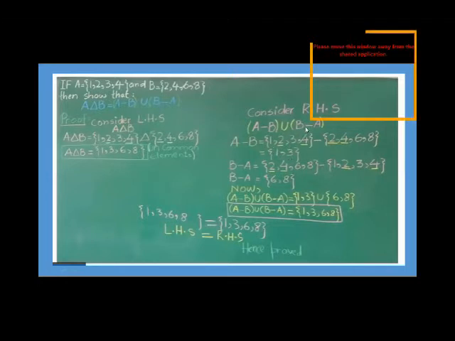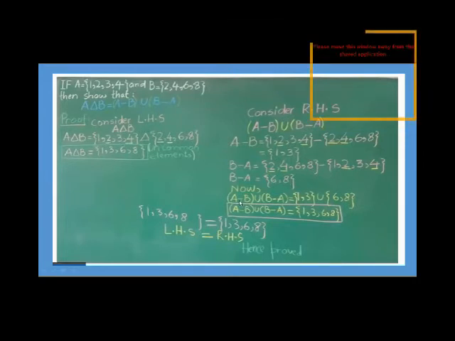Now we find B minus A. So we write B minus A: set B, minus sign, then set A, according to the sequence. Compare the two sets. 2 and 4 again are common elements, so we ignore them. Now B is given at position number 1. So we see what the uncommon elements of B are, which are 6 and 8. So we have noted them over here.